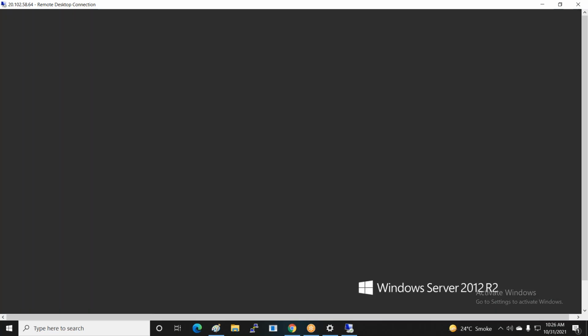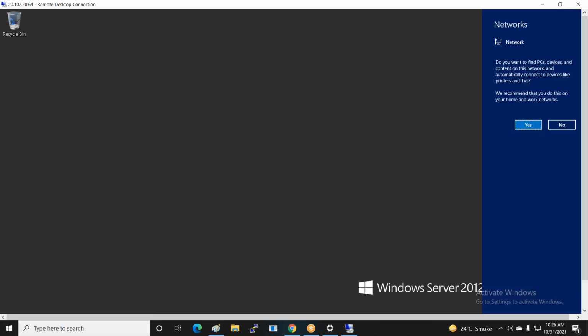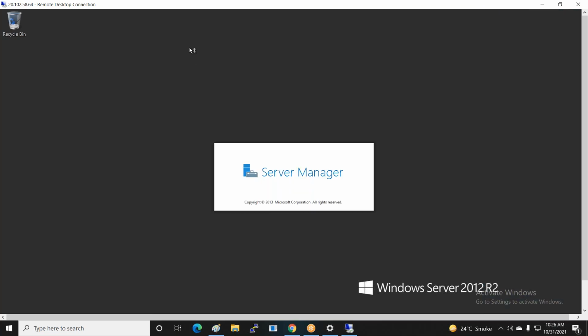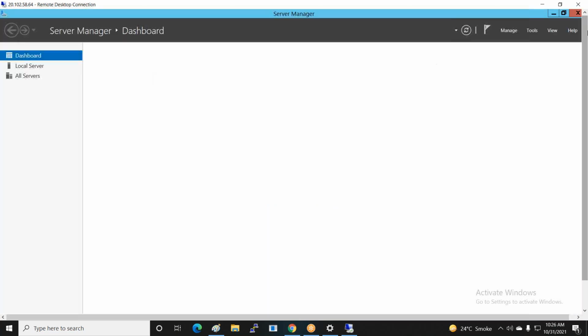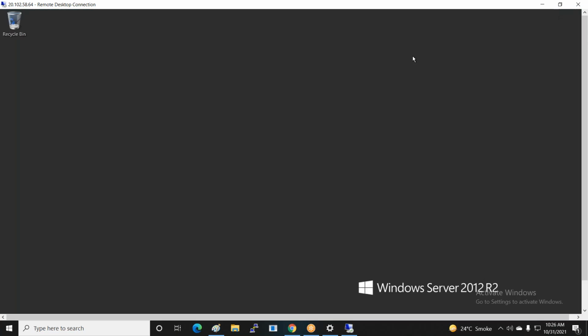First I create some folders in the system. So now I right-click, choose New, and create a folder like my cloud data. Like this, my data is available in the system, and now I install